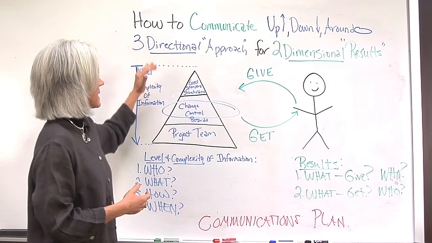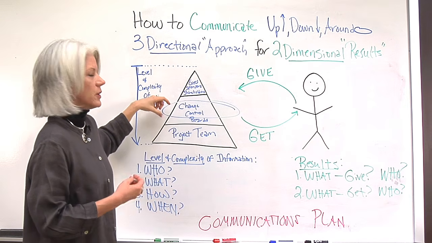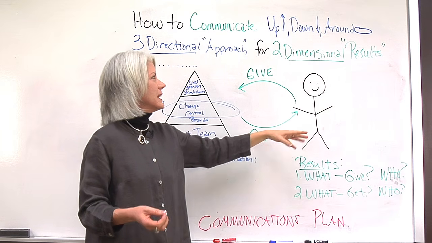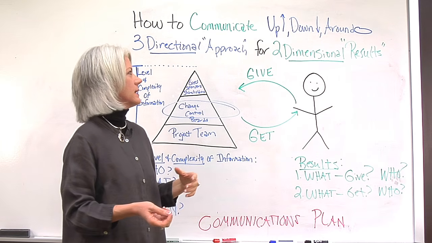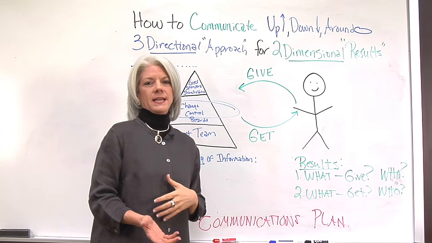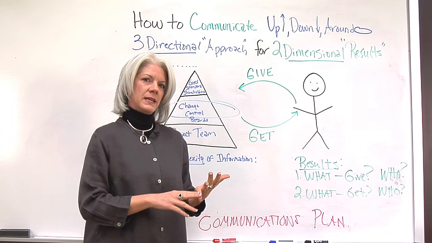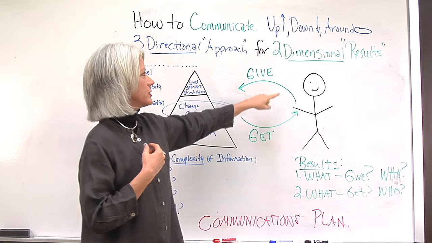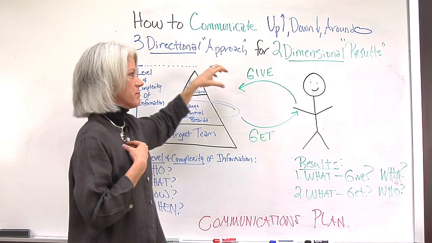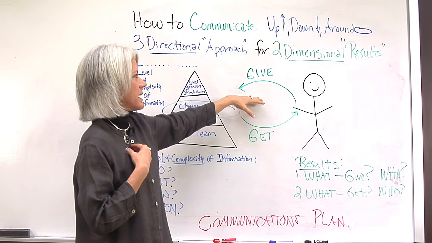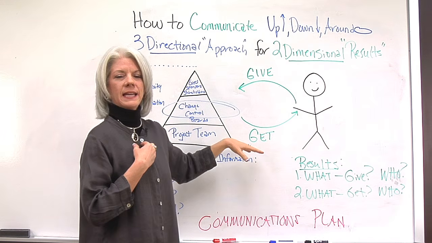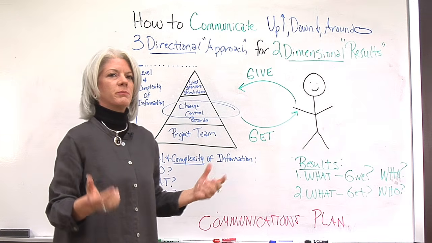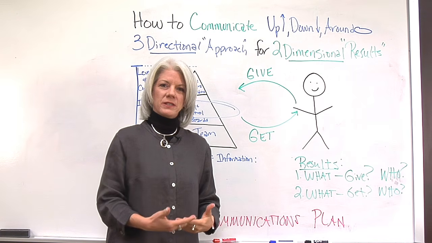So that's the directional approach, knowing your audience, and then here you are, the project manager. And to remember, the results are two-dimensional. It's a giving and it's a getting. So going into any kind of meeting or any information exchange, you as the project manager need to know what information do I need to give my audience, these groups of people? What information do I need to give, and what do I need to get back? A lot of times we go through and we forget that we're just calling out information, but it's important that we get the information that we need.